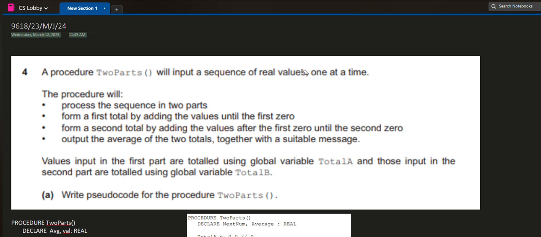All right, so next question. A procedure two parts will input a sequence. Sorry, this is from this past paper. Will input a sequence of real numbers one at a time. Okay, so I'm just going to highlight